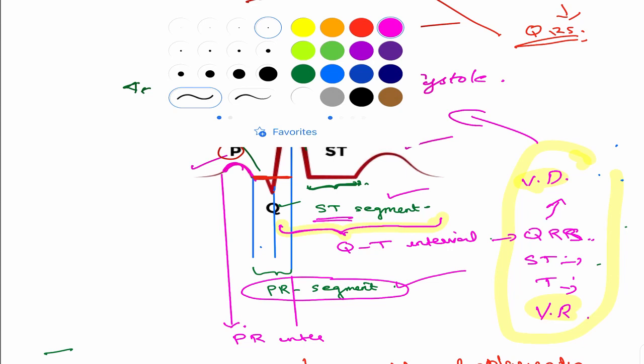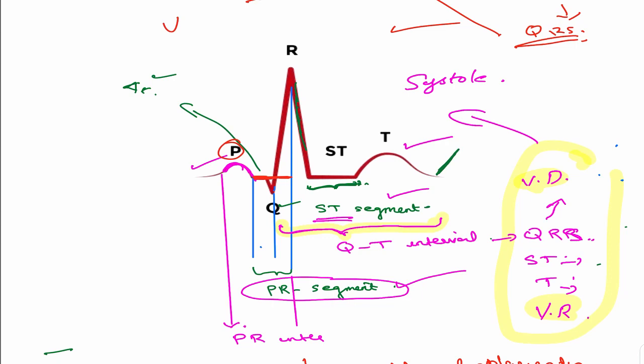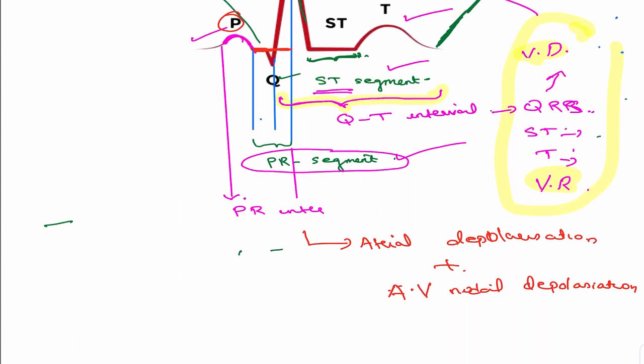Now after that, what happens? After this QT interval, what happens? Just see what happens from here onwards. It's ventricular diastole. Ventricular diastole begins here. So ventricular systole is complete, and from the end of the T wave, the ventricular diastole begins. If they gave you a picture-based question, you can answer based on this. Here is where the ventricular diastole begins.